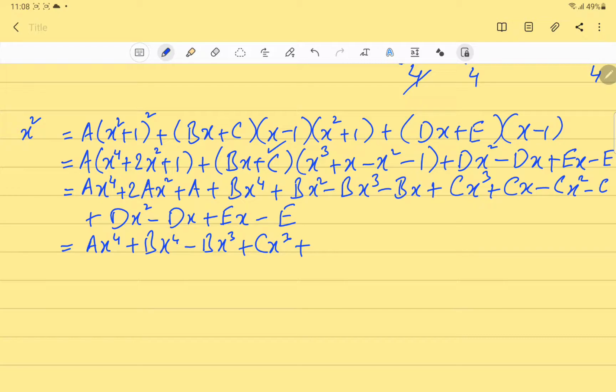The terms of x squared, those are 2ax squared plus bx squared minus cx squared plus dx squared, and in the end we will write those terms which are without any variable x. So it is a, then minus c,